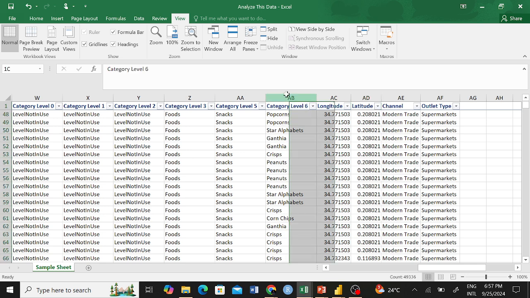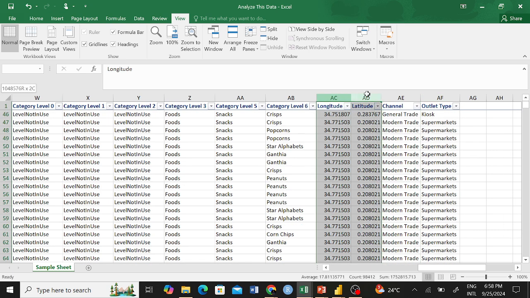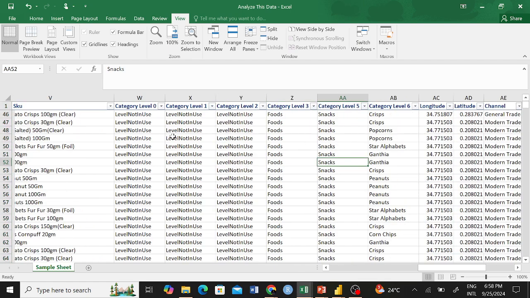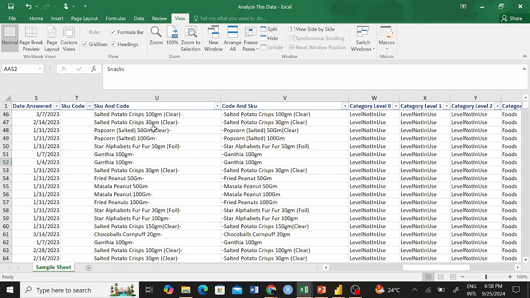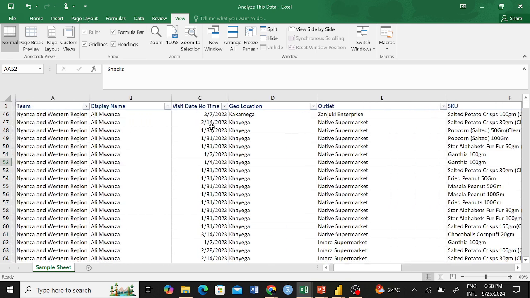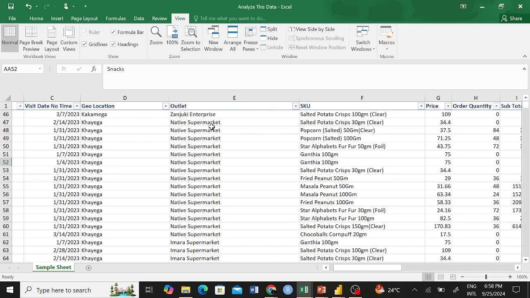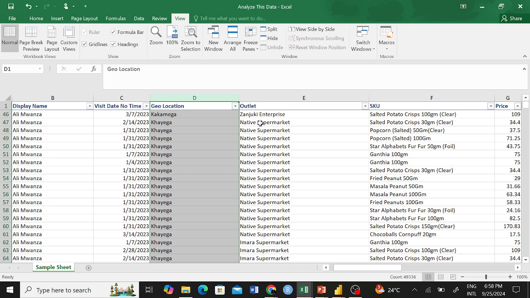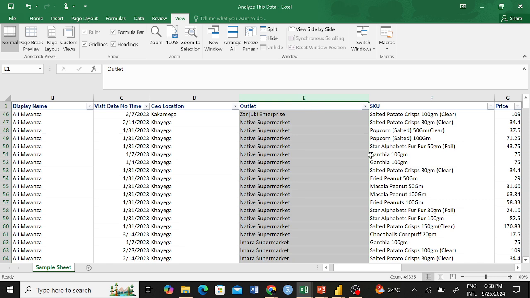So probably one of the important columns you'll use is category level 6. You'll find outlet type to be useful, if we are to put in maps, longitude and latitude, right? Then another one that you will find useful is SKU. We had a column called here SKU. Yeah, this one. You'll also find geolocation to be important if you want to do a breakdown, a deep dive of your data. Of course, outlet also is important